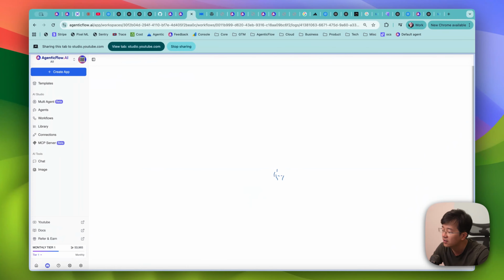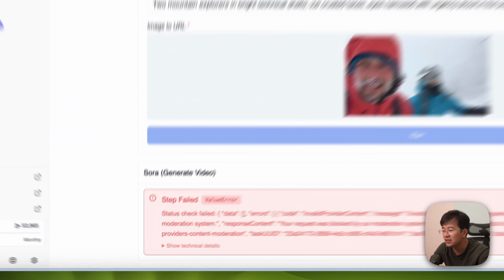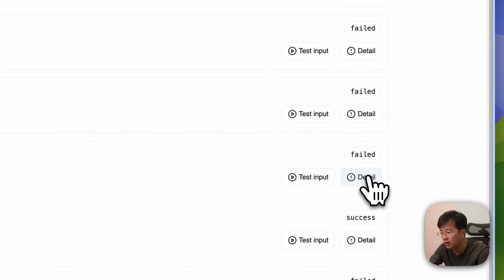Even this picture I took from their website, but they say the generated content was flagged and rejected by OpenAI moderation system. So I don't know why, but basically this is something that maybe I will have to play around with further to see which model is working with them, and also you will see another error, which is like this.